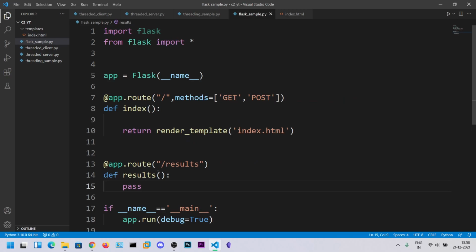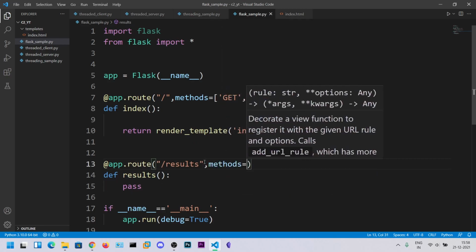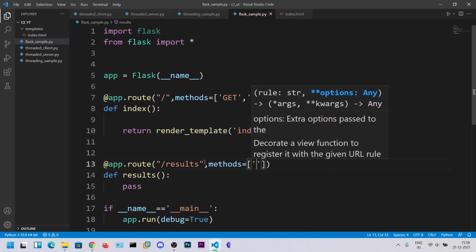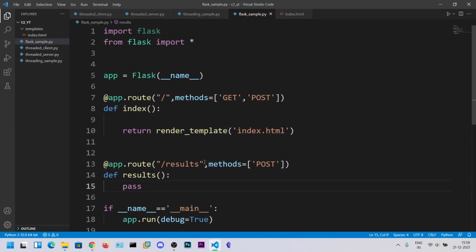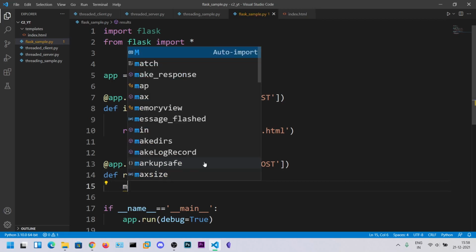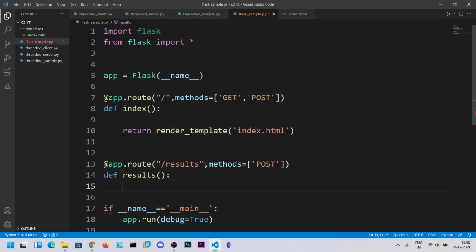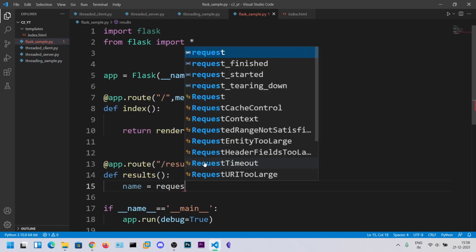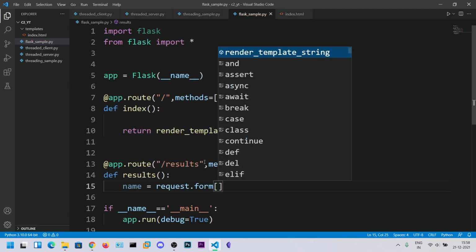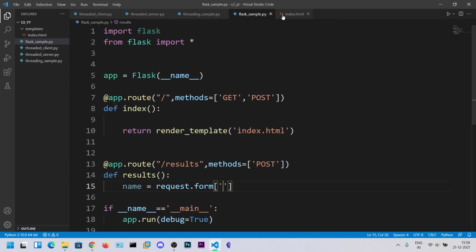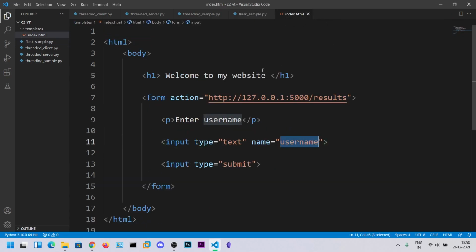Now what we are going to do is results accepts the methods equal to only POST. And here we can say name is equal to request.form of the actual variable name, that is this username.